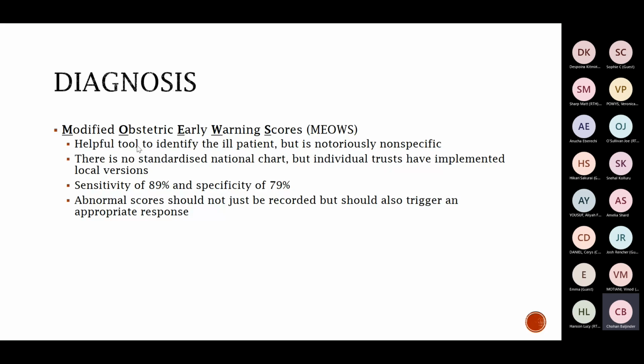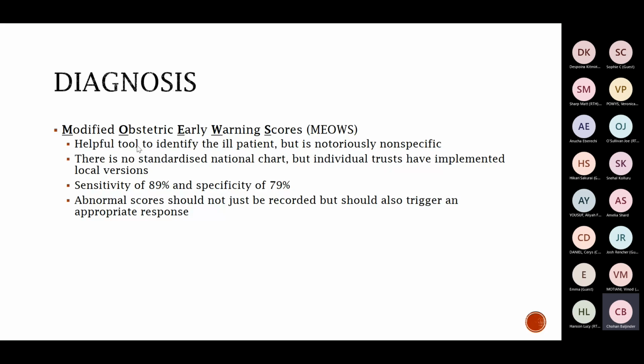And the other thing is it's very easy to dutifully document these observations on the chart, but it's not just about recording these observations. This isn't so much for you guys, it's for the nursing staff or the midwifery staff who are making these observations, but there also needs to be a trigger, a certain level where it triggers a response and review. And one of the themes that's come out time and time again, and what's really quite sad about these reports, which I would really encourage you to read, they're all available online, is we're very good at documenting and writing things, but we're not very good at identifying when someone's becoming sick and then calling for help, and if you can't get help, escalating for help.